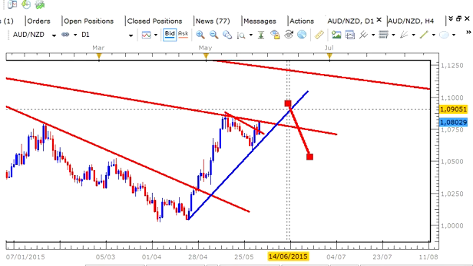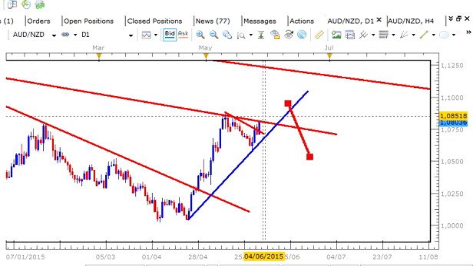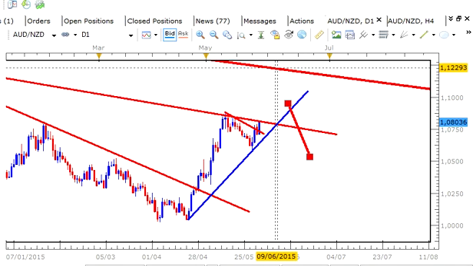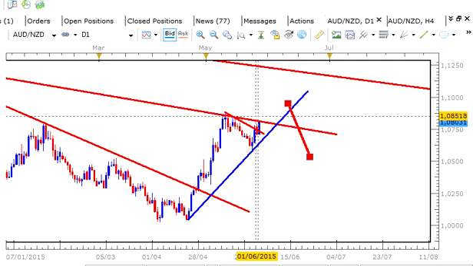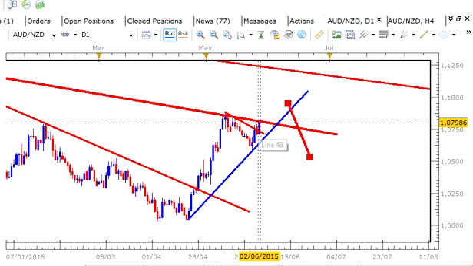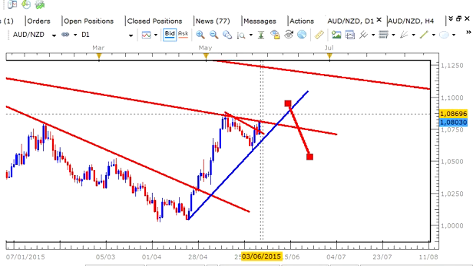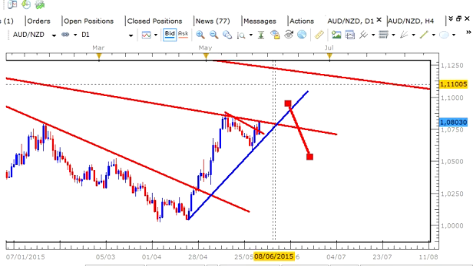If it closes at this area here, then it might not be strong enough. However, if it closes at this area here, it might be strong enough to trade and carry us to this barrier here. So depending on the nature of this candle and subsequent candles over the next couple of days, that could determine how strong a signal we get to go long,